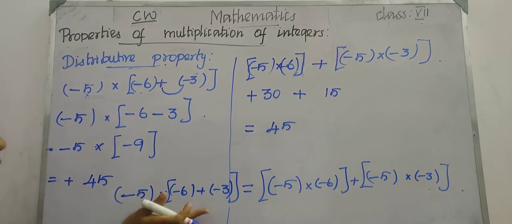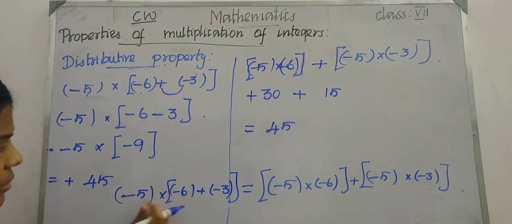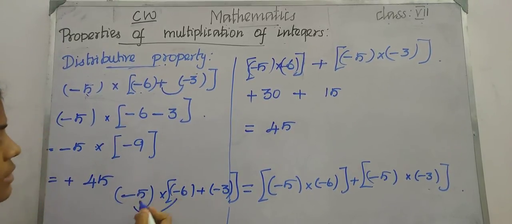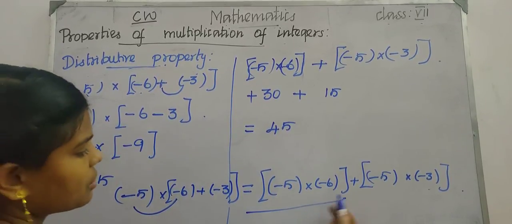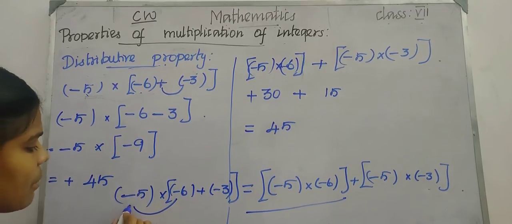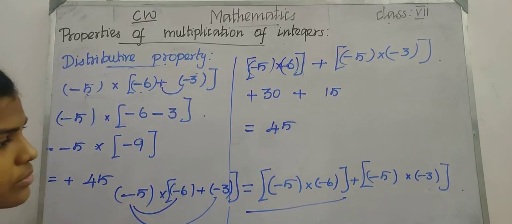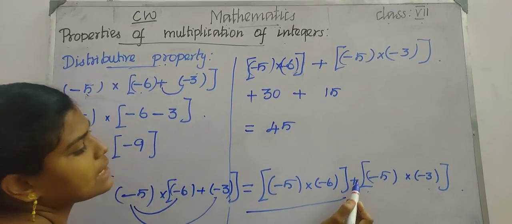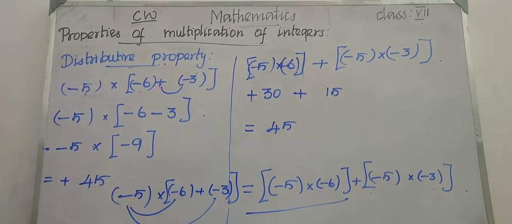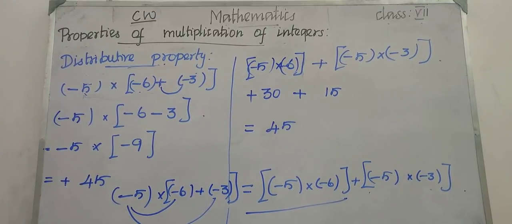So we can write this in another way. How will you write? Simply I am multiplying this one with this, so minus 5 into minus 6. That is the thing we have written here. And also we can multiply minus 5 into minus 3. We got the symbol plus here, right? So I just inserted the symbol here. Can you all understand? If we got all these as the same, we can say it holds the distributive property of multiplication over addition. Let us do another example.